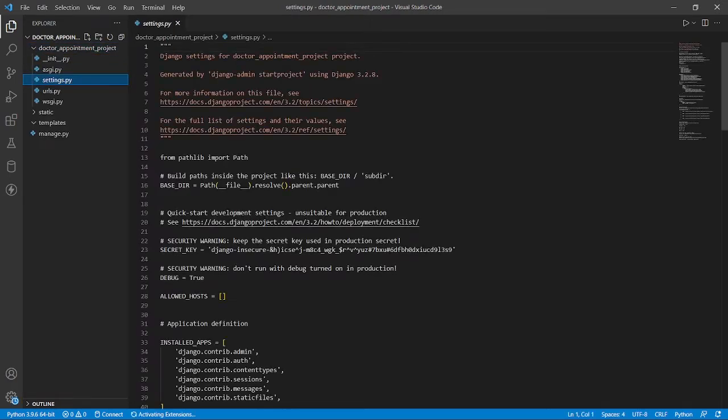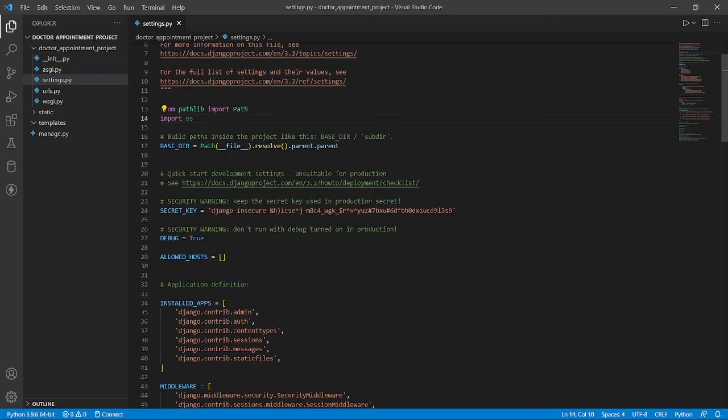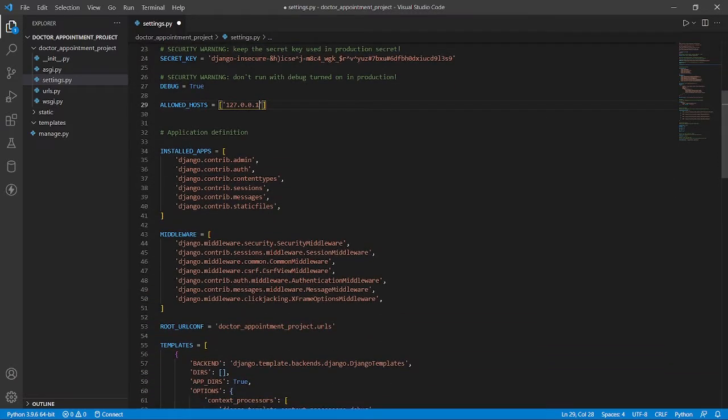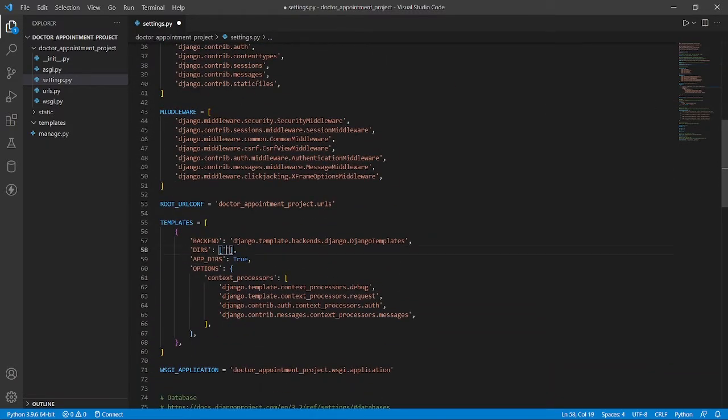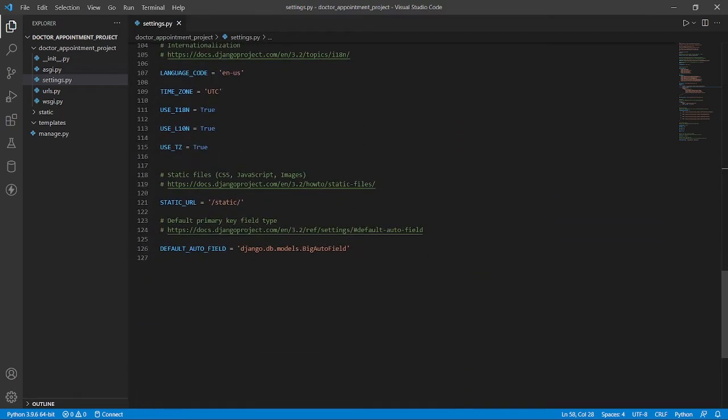First I import os in my settings.py file, and I add localhost in allowed hosts. Okay, and I'm adding here the template directory, templates. And I need to add static paths. So for static file settings we need to add